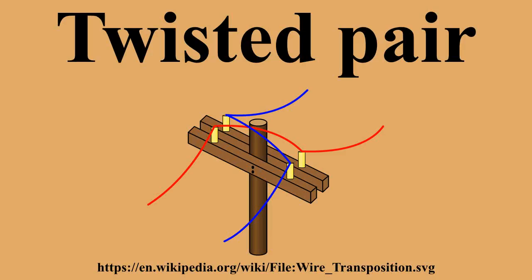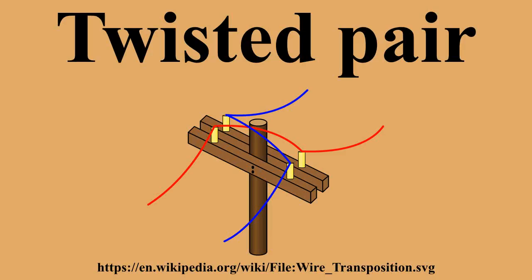For urban outdoor telephone cables containing hundreds of thousands of pairs, the cable is divided into smaller but identical bundles. Each bundle consists of twisted pairs that have different twist rates. The bundles are in turn twisted together to make up the cable. Pairs having the same twist rate within the cable can still experience some degree of crosstalk. Wire pairs are selected carefully to minimize crosstalk within a large cable.